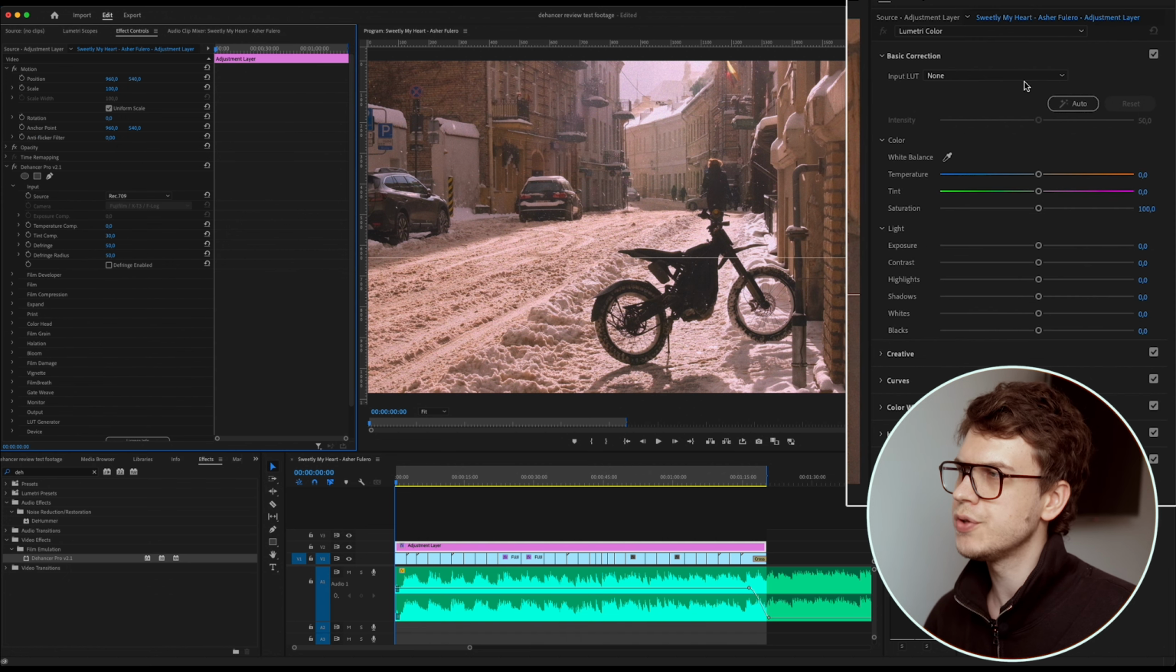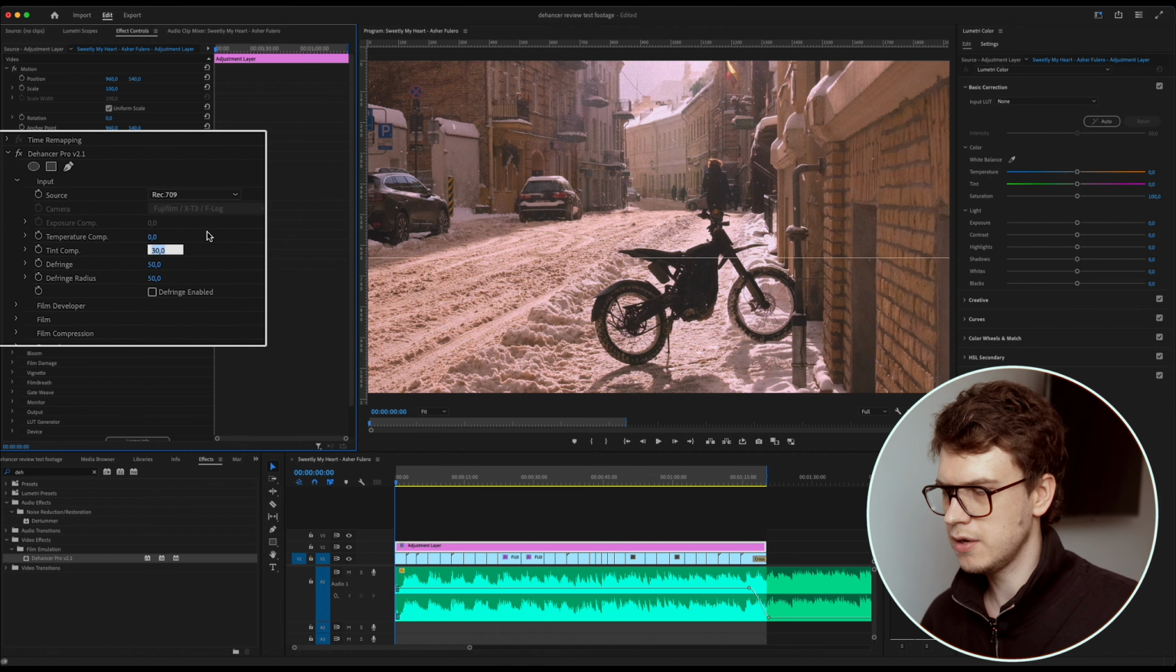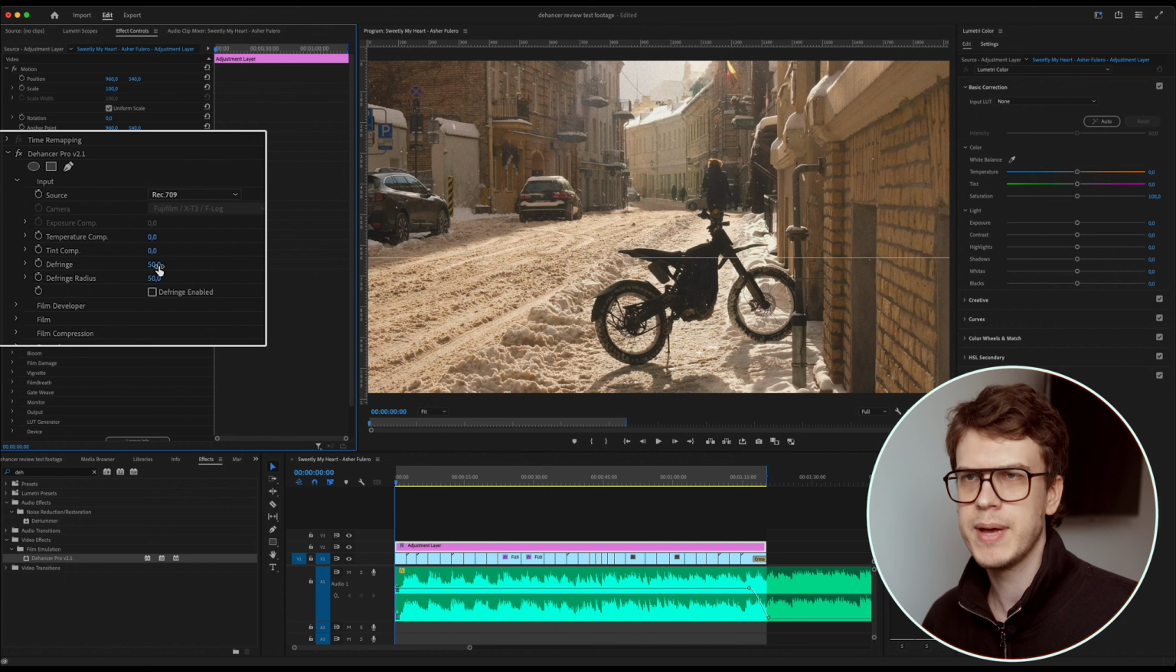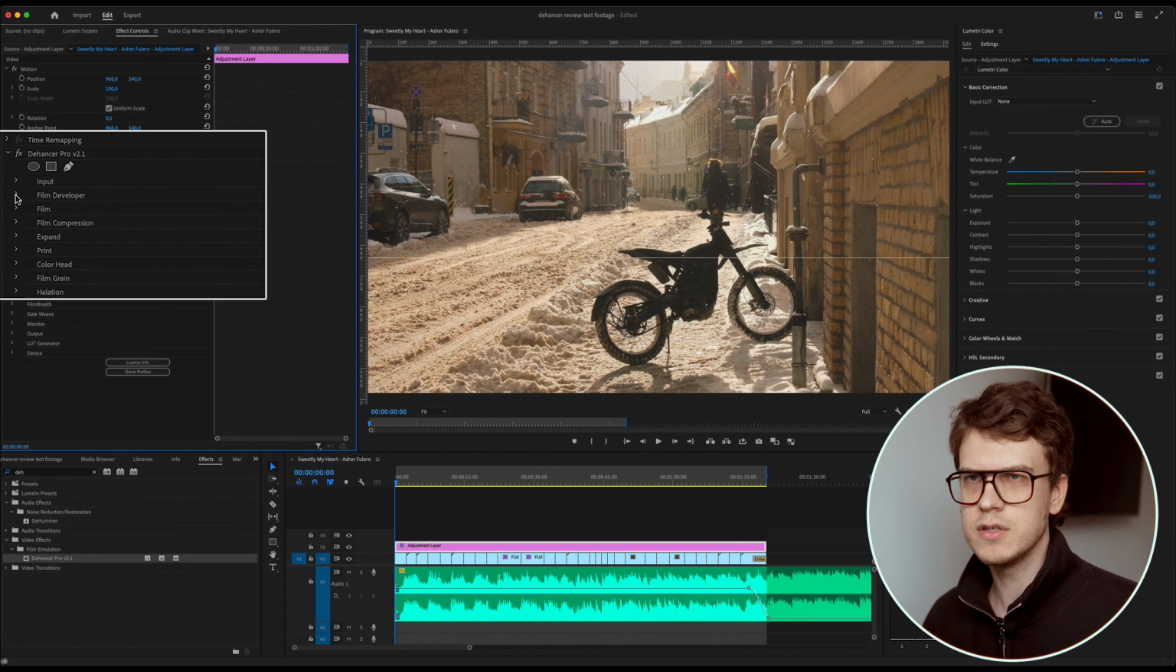You don't need to go to the color section in Adobe Premiere. You can do lots of stuff right here in the Dehancer panel. Okay, next section is film developer, and here you can notice at the bottom there is